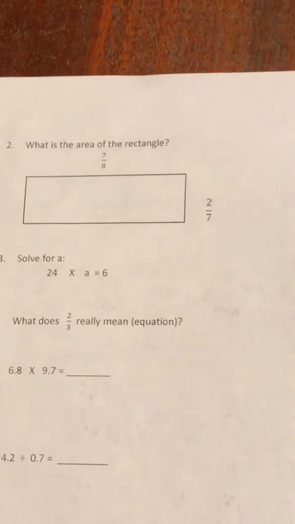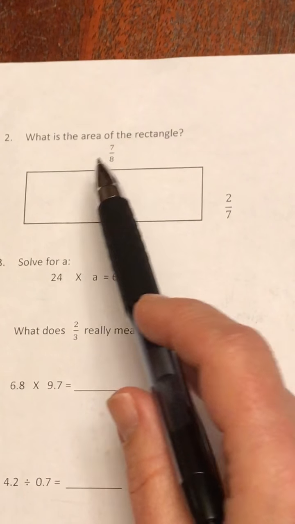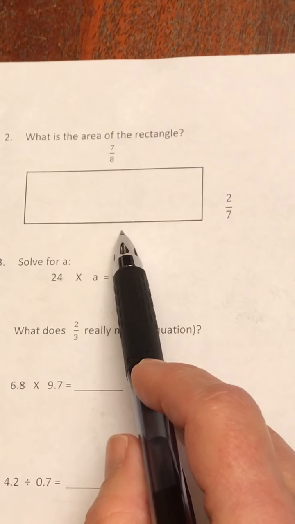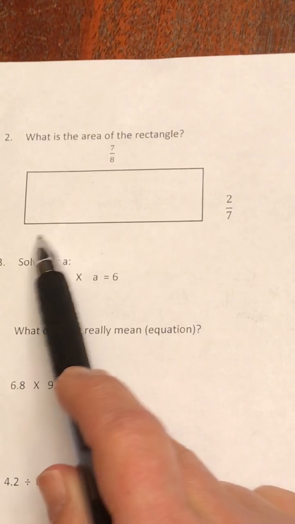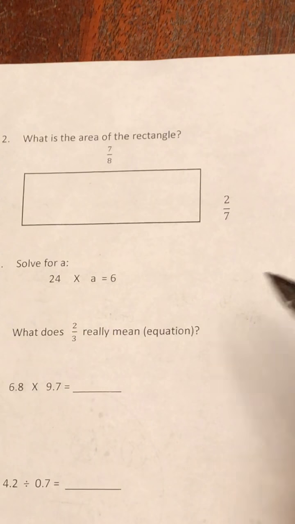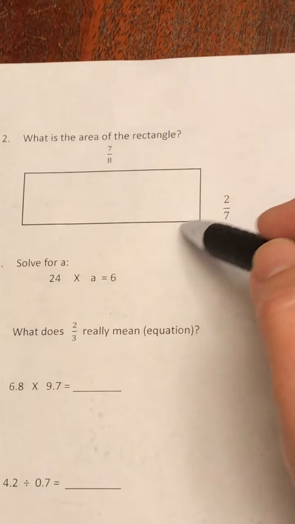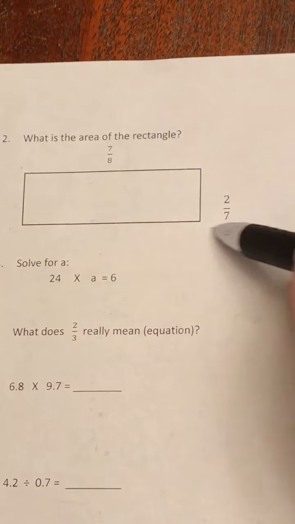Okay, I'm going to zoom in here. Now, for number 2, a lot of you had the idea of putting the numbers here and adding up the edges. Well, that works if you're trying to find the perimeter, because if you add all of these together, that just tells me the distance around the outside of the square,